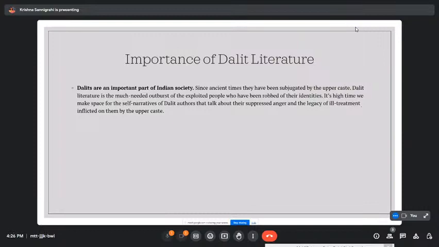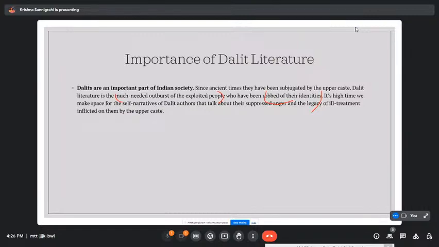Dalit literature is the much needed outburst of the exploited people who have been robbed of their identity. So it's quite obvious that if you cannot give an outlet to your feelings, your anger, your frustration, then it is very difficult to lead a life properly. The people who have to face the situation where the essentials of their identities have been taken away, it is Dalit literature which provides a much needed outburst